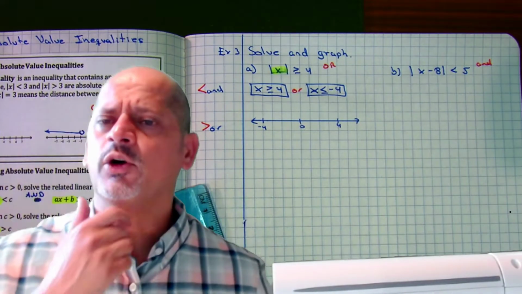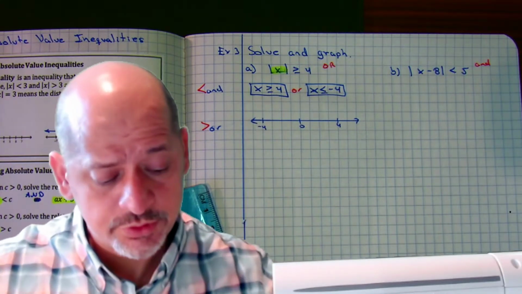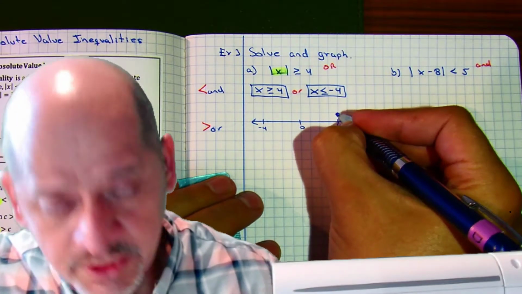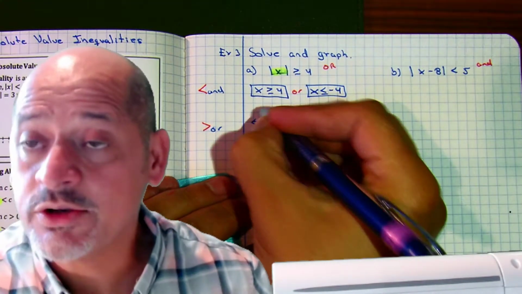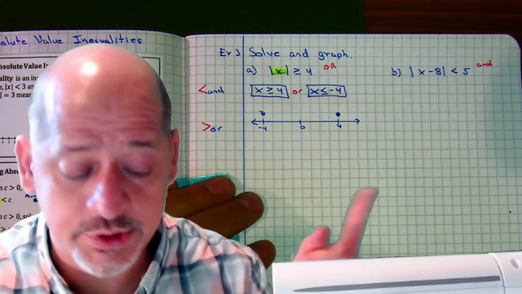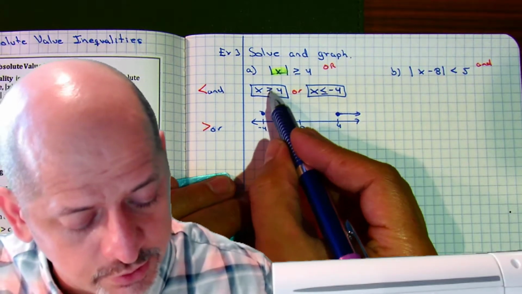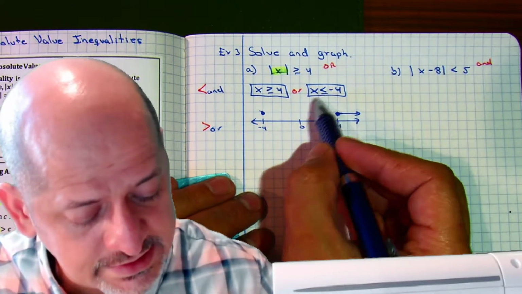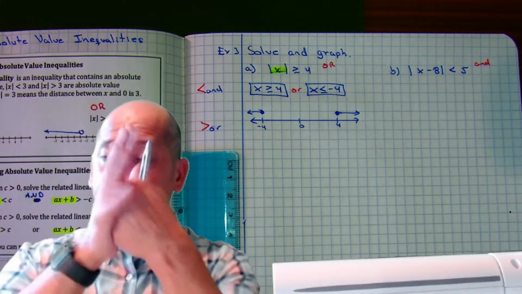And let's see, open or closed? So this one should be closed. And that one should be closed as well. And because it's an OR, automatically they should be going away from each other, correct? They are avoiding each other. Notice that this is x is greater than or equal to 4 to the right, x is less than or equal to negative 4 to the left. So ands, ORs,